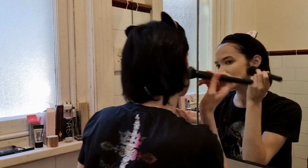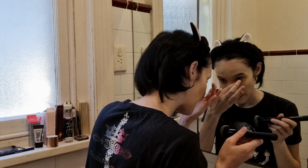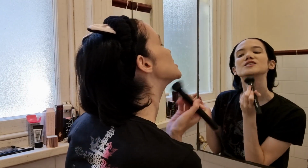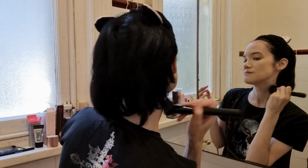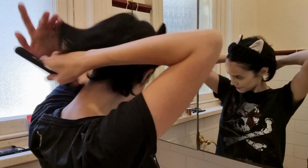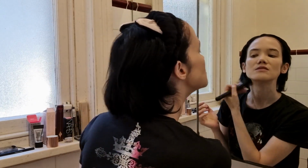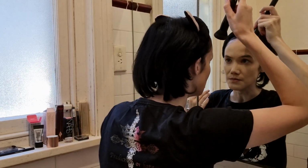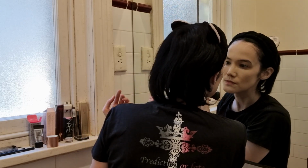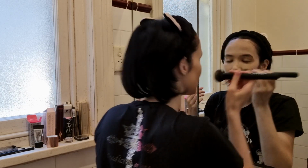She's like, put some onto the ears. On the neck, so that you don't look like you've just put a mask on. And this is with stuff left over after it's not on the brush as much. I think that's just to try and blend it into your neck a bit. Instead of trying to push it into my hairline a little bit. What's that? I got a little bit of a hair there. If I put it on too heavy, I don't even know. It's like the lighting in the shop was different as well, so...